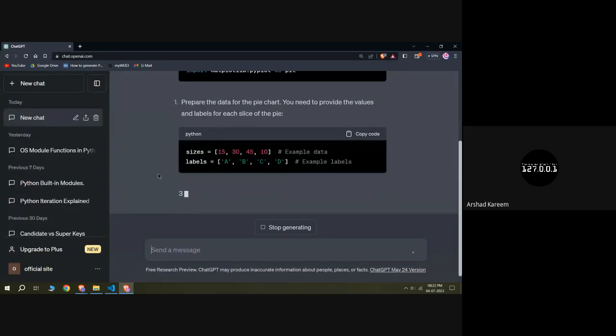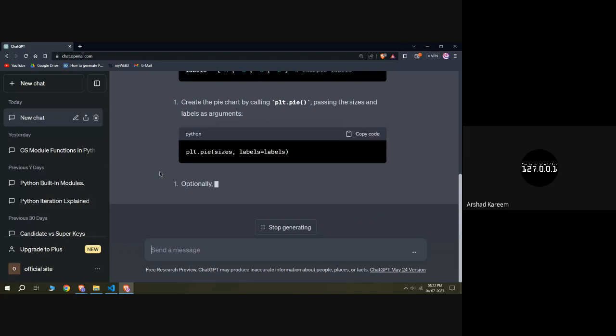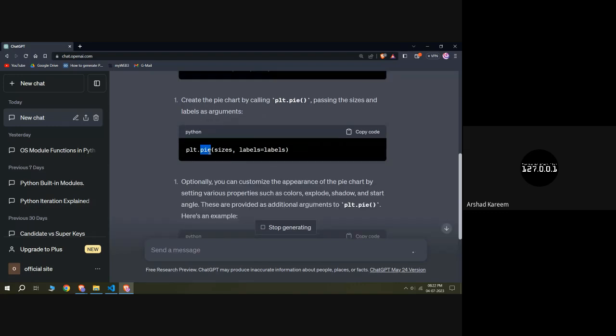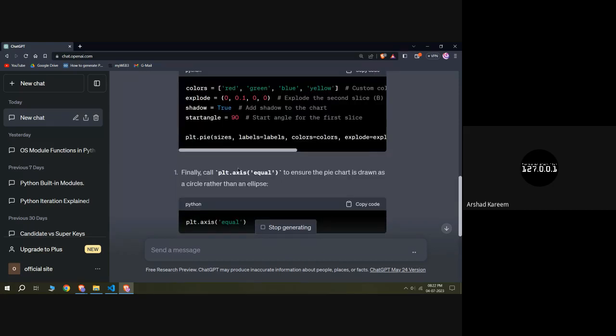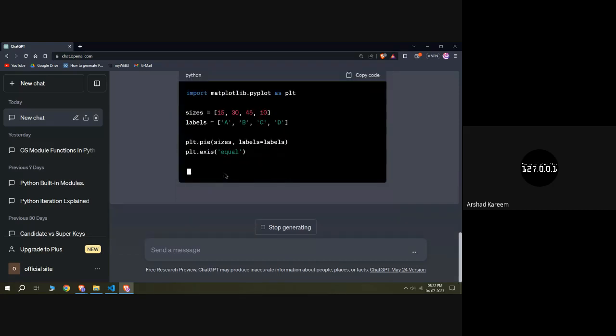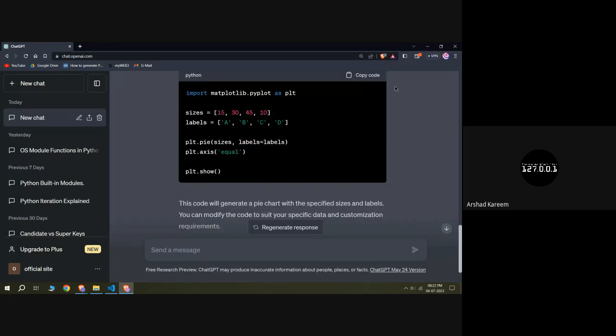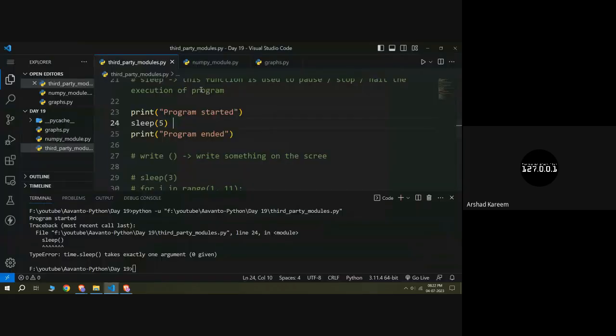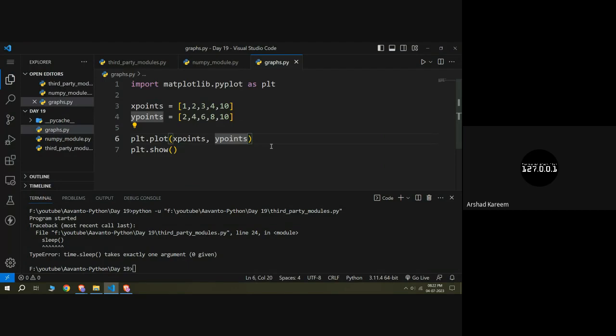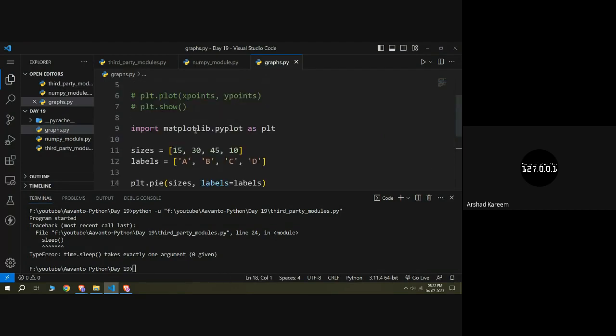Import the library, give some labels. So you should use this pie function. This pie is a function available in the Matplotlib module, and it will create a pie chart for us. Okay, so this is the entire code. If I copy this into my Matplotlib file, let me comment out these two lines, and if I run this,